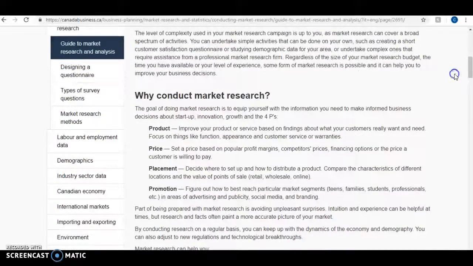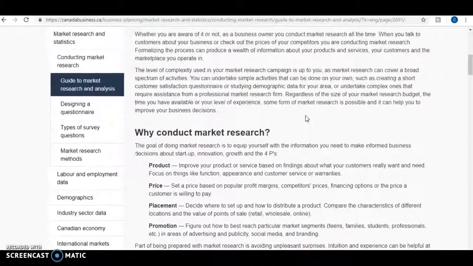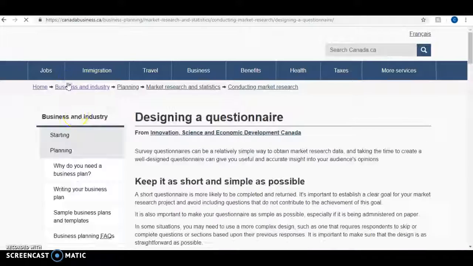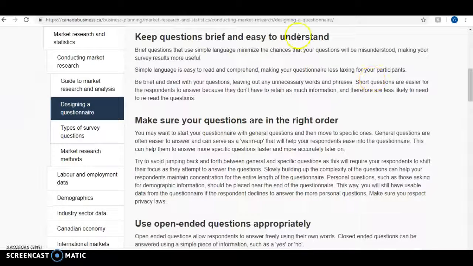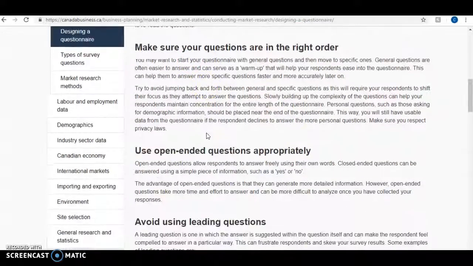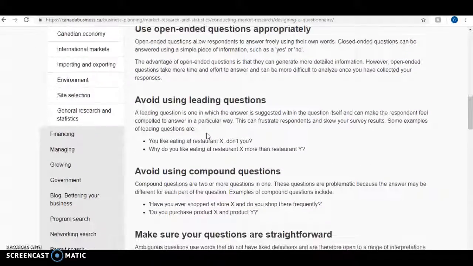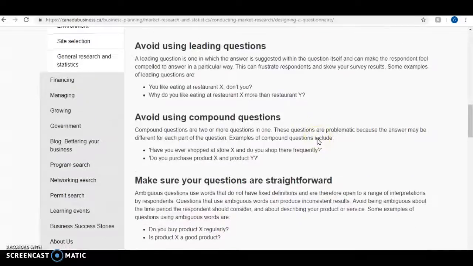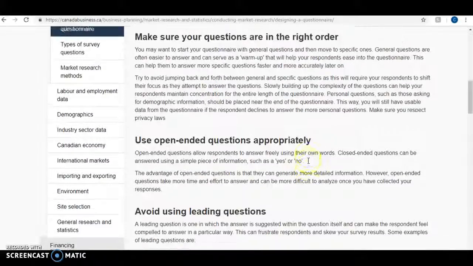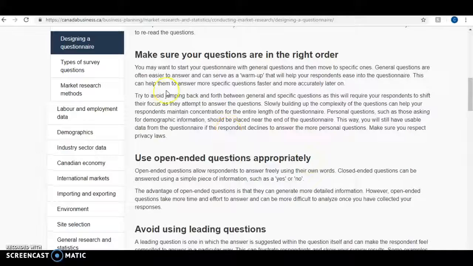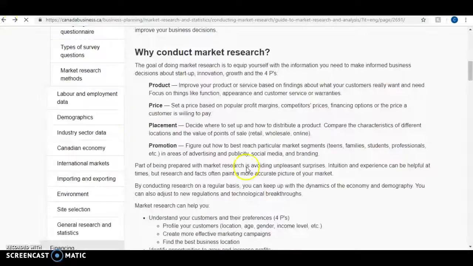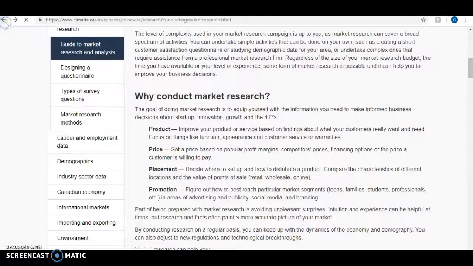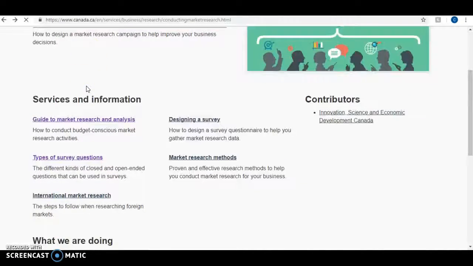So then also on the conducting marketing research, you can design a questionnaire as well as surveys, and it just gives you a lot of information on how to do each thing. It definitely describes when it's an appropriate time to do a survey or questionnaire or anything like that, and different market research methods. This is definitely the portion of the website that is just helpful in general to all of us. And then we'll move on to something more specific,